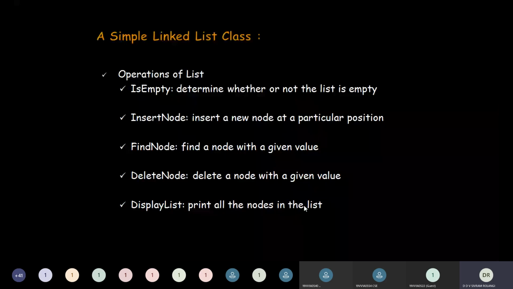Display list is merely like we'll start with the head node and we'll try to follow the links. As we move on, we just print the data element, then we'll go to the next link, and find the next element and print it, and then go to the next link, and so on, up until you hit the null point. We'll keep tracking the links and finding the data item and printing it. Render the value that is there in the data field. That is what we call display list.